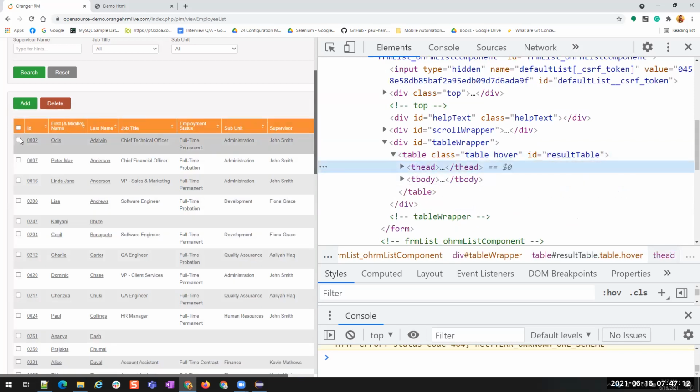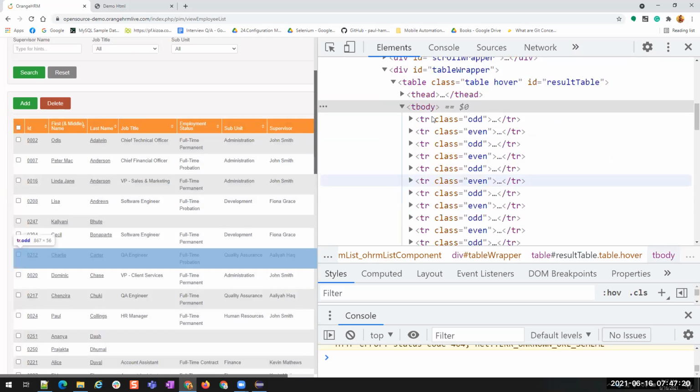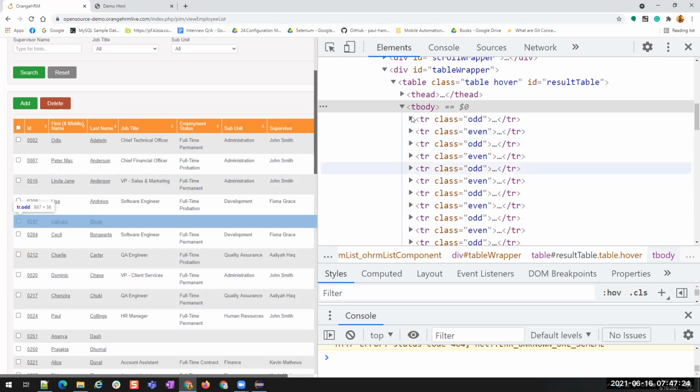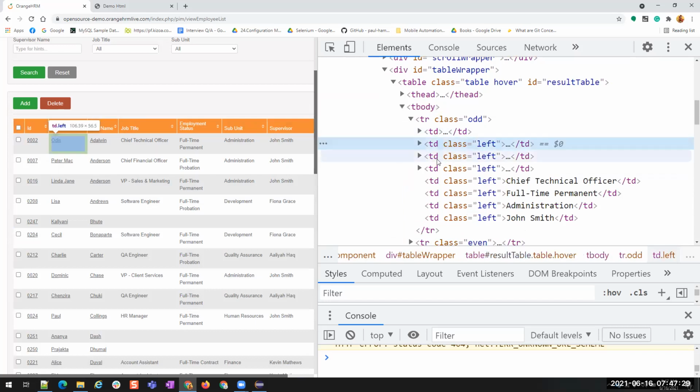If you want to read the values inside the table without the column names, then we have T body. Inside the T body, each row is represented by a TR, and in each row we have all the columns, and the column cells are represented by TD. Understood?